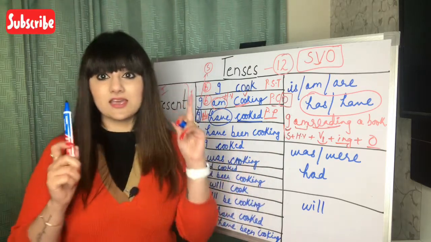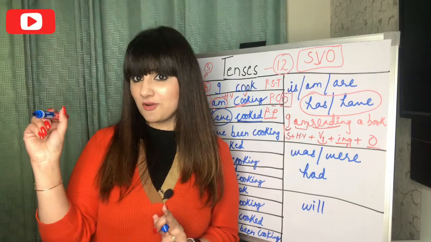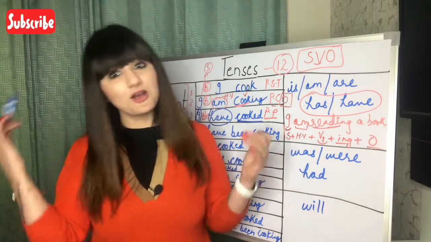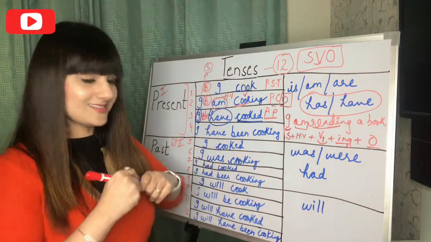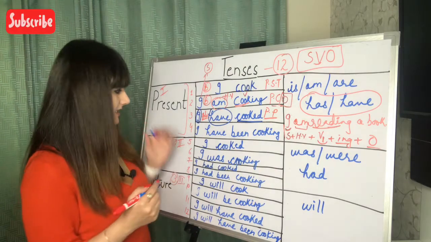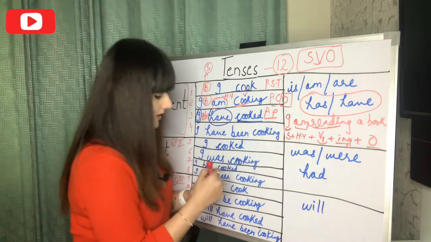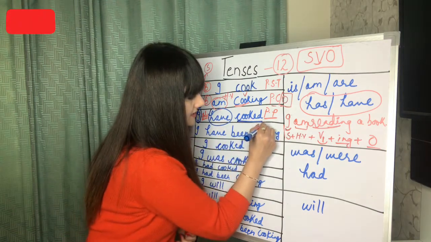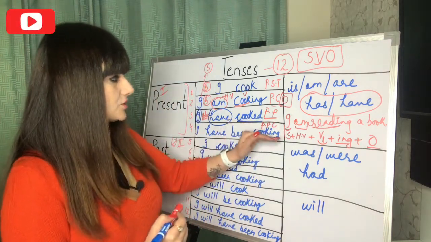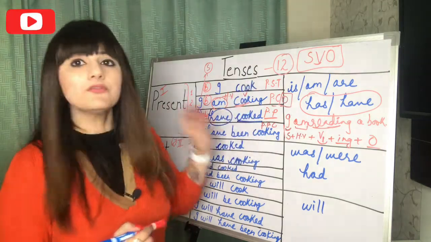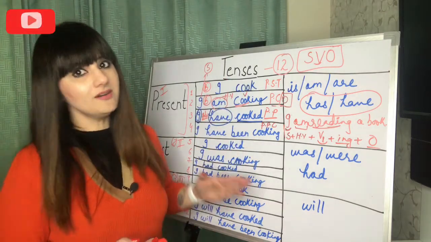So, I is my subject. Have, helping verb. Finished, third form of the verb. My homework, that's going to be your object. Okay? All right. Smart. Now, let's move ahead. This is, I would say, your present perfect continuous tense. So this is going to be the fourth category. The same categories we have to use for the past and for the future.